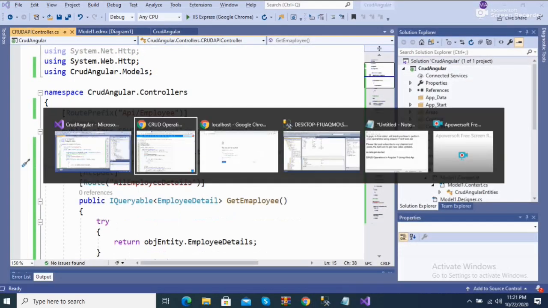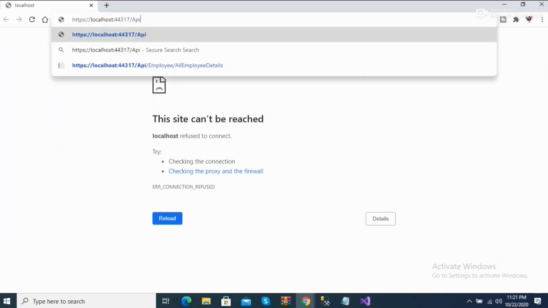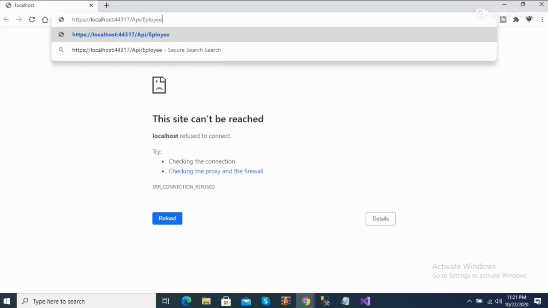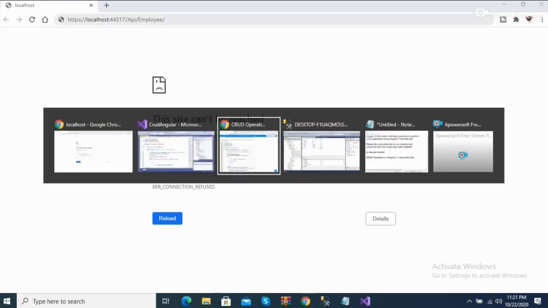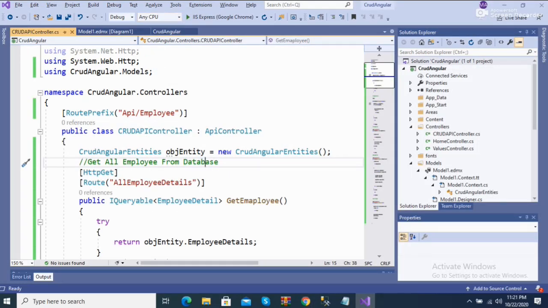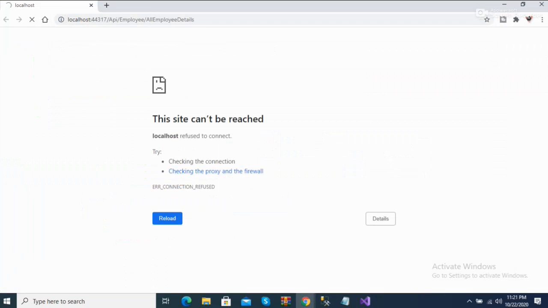So what you should do is add api/employee and the GetAllEmployeesDetails, Ctrl+C, and I just add it. When I click enter, now you can see the result.